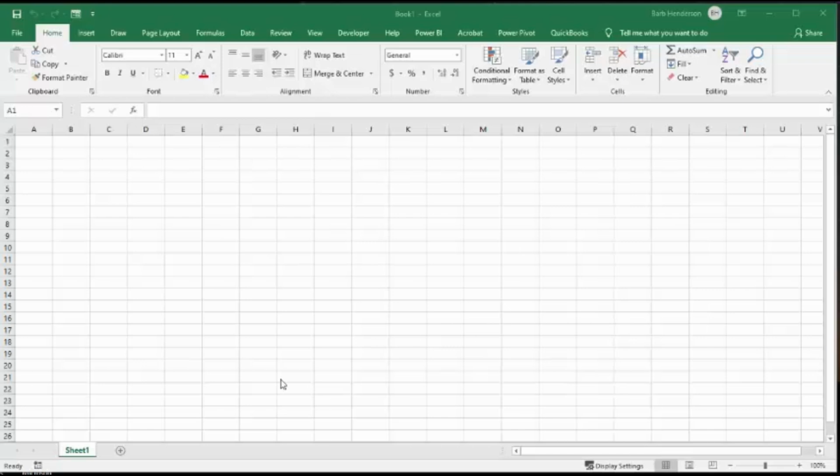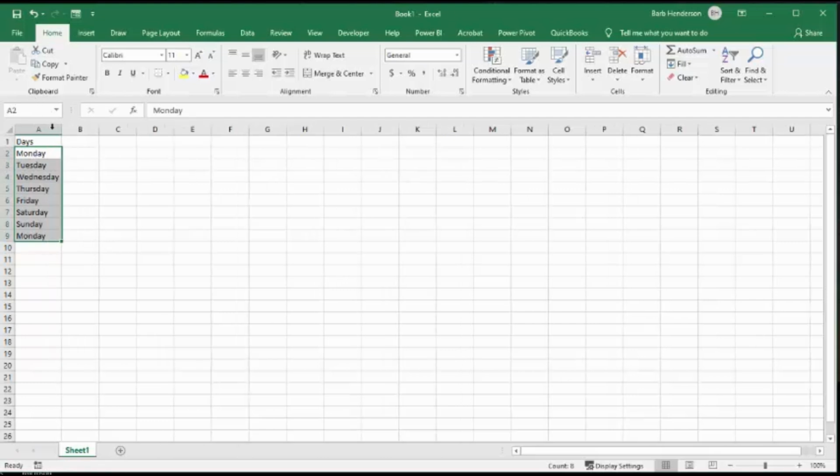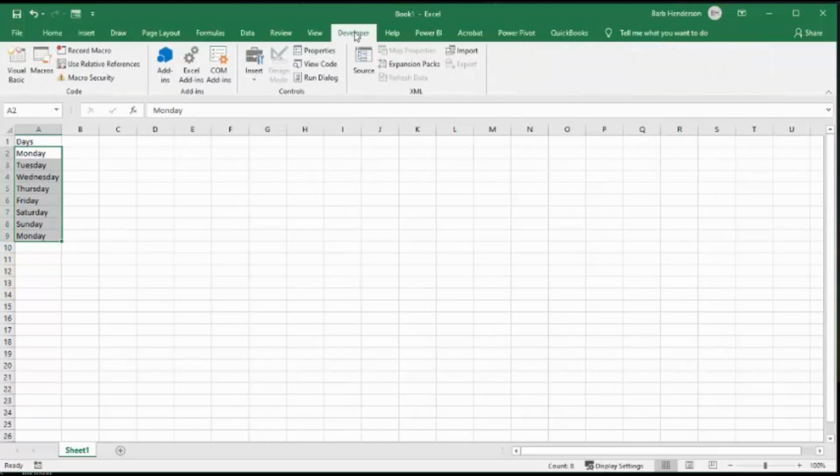On my sheet here, in A1 I'm putting Days. Below that, I'm going to type in Monday and drag it down for a few, probably about 7 or 8 rows. So we have Monday coming back here again. I'm going to double click to make it all fit. Now I'm going to go to the Developer tab and go to Visual Basic,